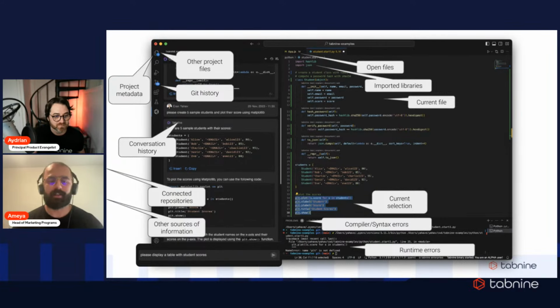So that includes stuff like variable types used by the developer near the completion point in the code, comments you've added in line and just throughout the code, open files you interact with, any imported packages and libraries, and of course, open projects. And then, as Aydrian mentioned earlier, you can also direct Tabnine to focus on specific elements in the workspace through using mentions, which is simply using the @ symbol to tag unopened files, classes, or methods directly into Tabnine chat.